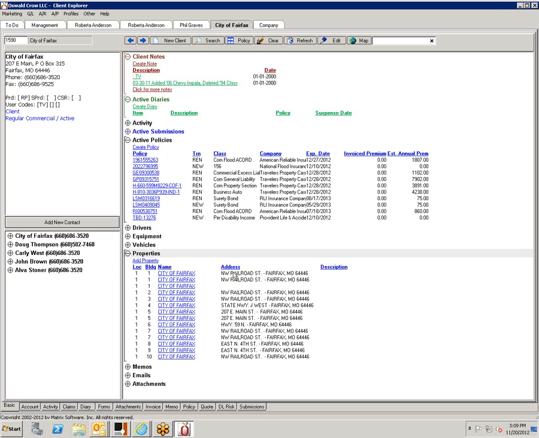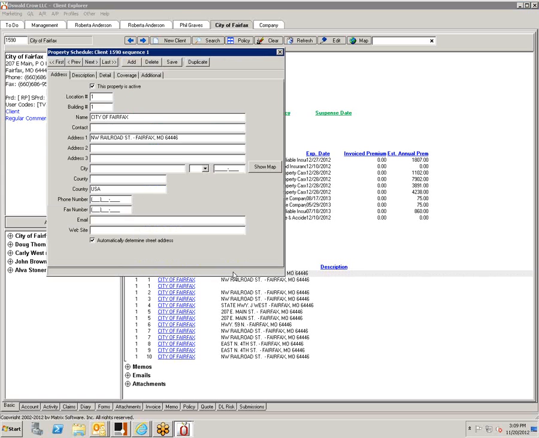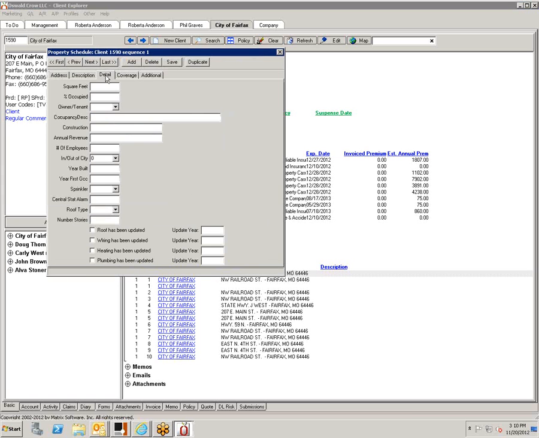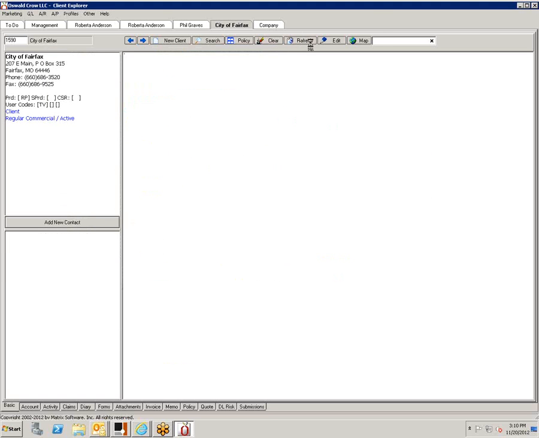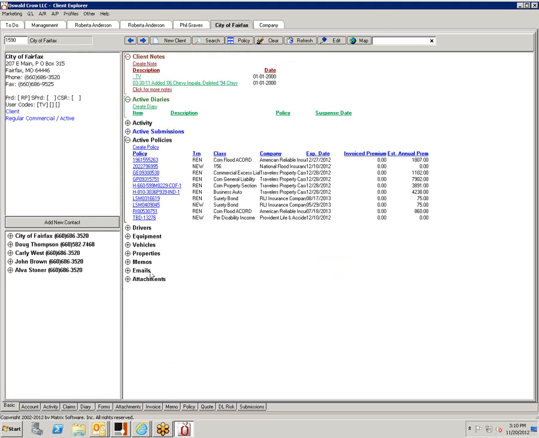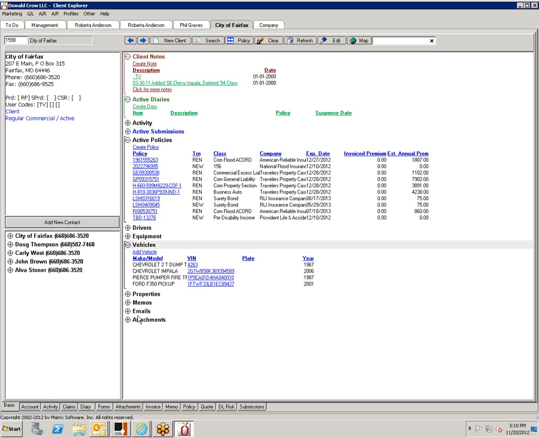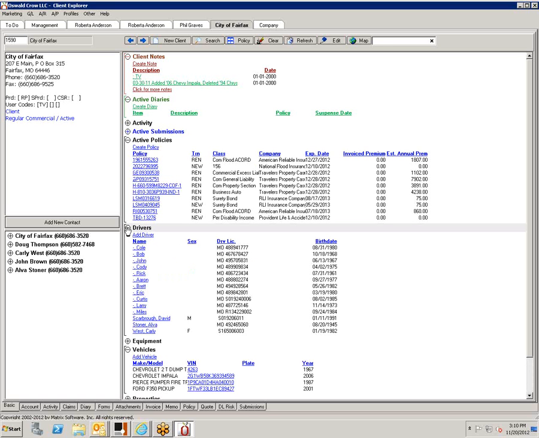So you could manage it right here. You could say this is the flood policy. And then do your detail and say flood, excess, or whatever it is, and play with that to see how you're going to manage that on that property screen. Okay? That would be a lot of help to you. And then the business auto, this came in conversion, but if you're not going to download, I would suggest that you maintain these.